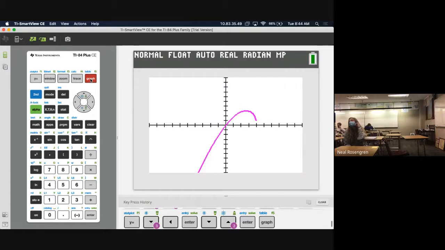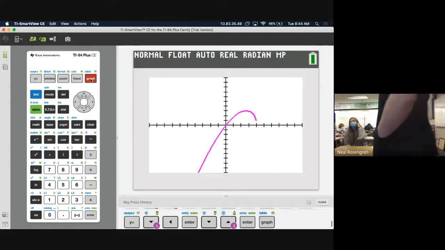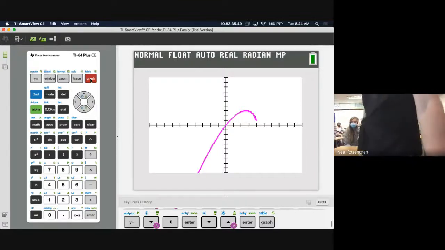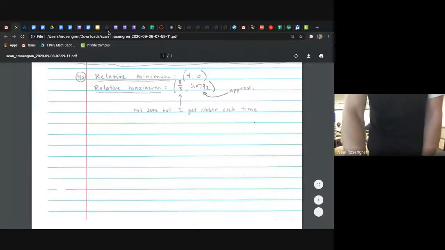And so this question just asked, okay, where's your min and where's your max? Do you have a minimum? Do you have a maximum? And we said, okay, I can plug in negative a million. This graph is going to keep going that way. Right? So there is no global minimum, but they weren't asking for that. They just wanted relative. Right? If you read the question for number 40,